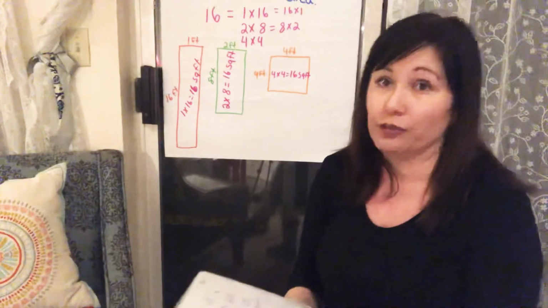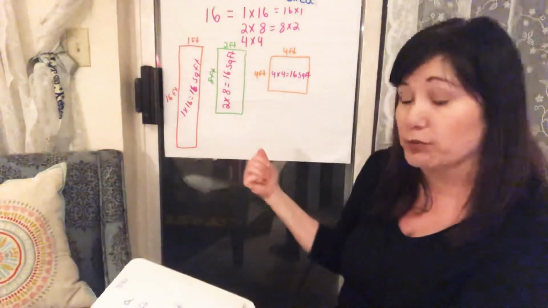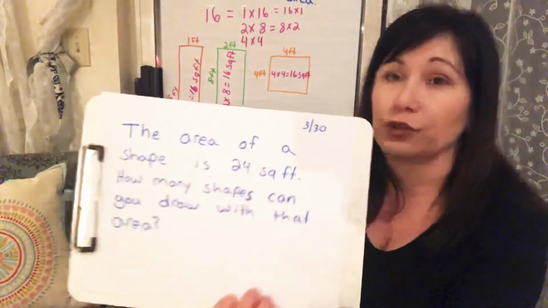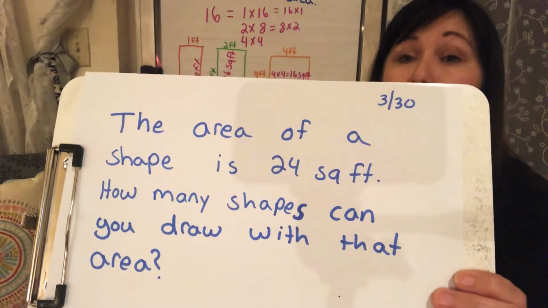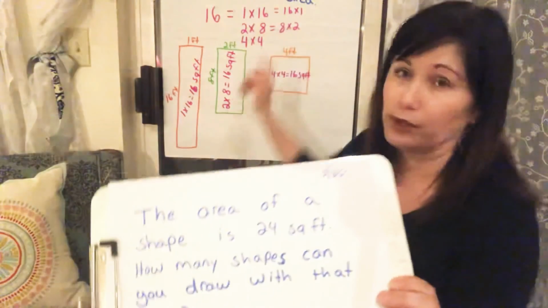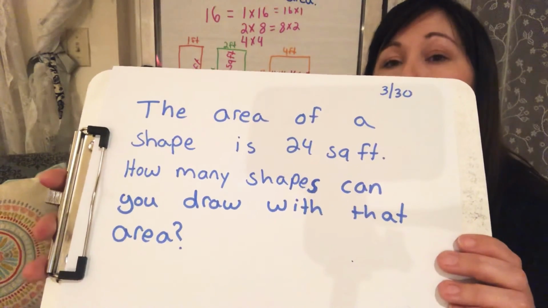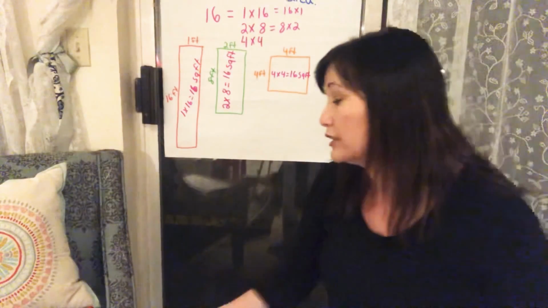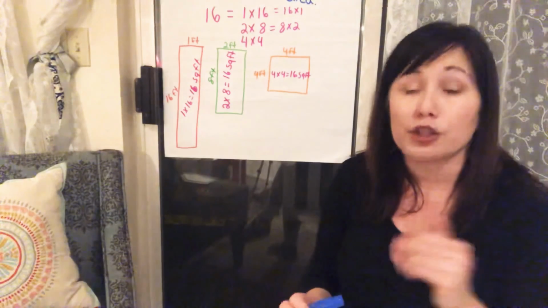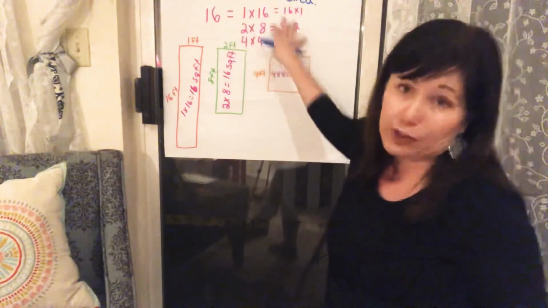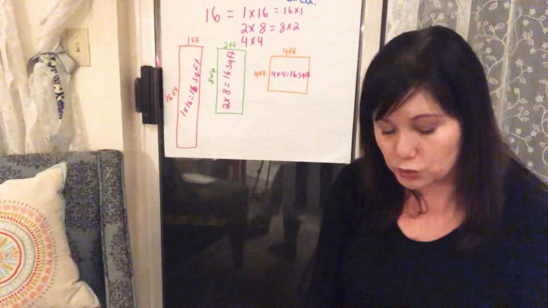So now it's your turn. In your journal or a piece of paper, if you don't have your journal, you're going to do a problem just like this. Here's yours. The area of a shape is 24 square feet, so it's bigger than this one. How many shapes can you draw with that area? So you are going to think in your head how many shapes you can draw. On your piece of paper, write all of the factors that make 24,